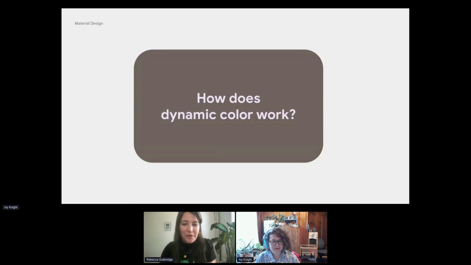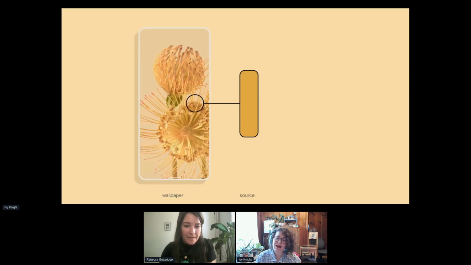So how does this all work? Yeah, so it's pretty interesting. A color using the dynamic color algorithm can be pulled or extracted from a user's wallpaper on certain Android devices. Or a source color can be